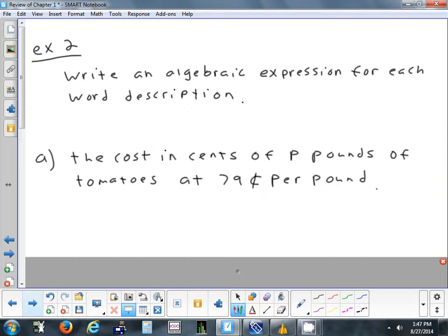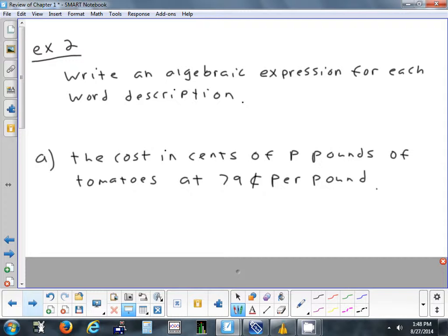If you bought 1 pound of tomatoes, how much would that cost you? 79 cents. If you bought 2 pounds, what would you do with the number 79 to find the cost? You double it. And what operation is double? Multiply. If you bought 3 pounds, what would you do with 79? 79 times 3. 5 pounds, it'd be 79 times 5. If you bought P pounds, it would be